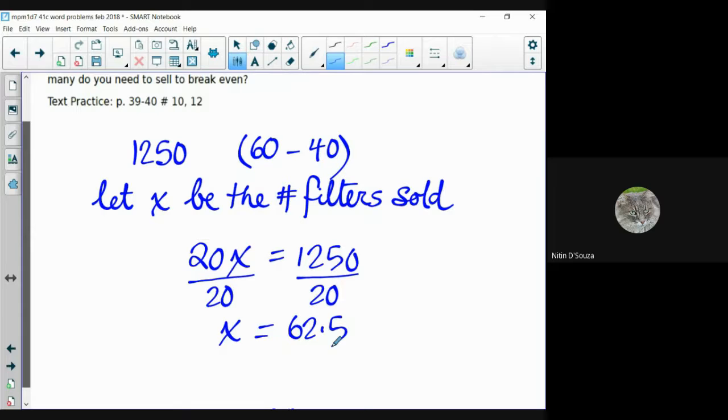So now you have to reason out. 62.5. So if you sell 62, that's less than 62.5. You're not breaking even. You're still going to lose a little bit of money. 63 means you're going to break even, and you might have like a couple of dollars profit. So when you're rounding that off, you need to round it to 63. This is exactly like the question where it says, how many cans of paint do you need to paint the room? And you get 6.1. Buy 7 cans. Otherwise, there'll be a patch of the wall that's a different color, right? So therefore,